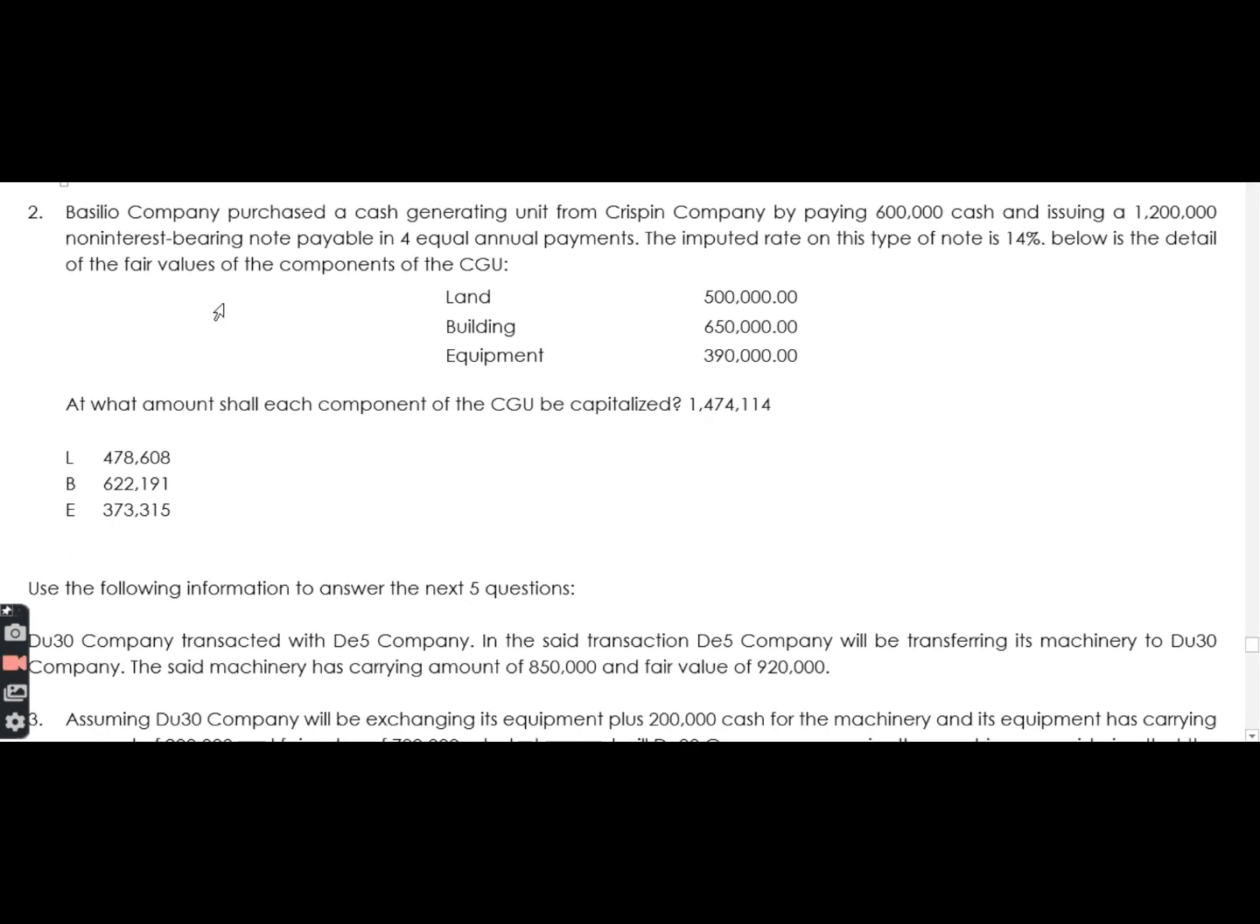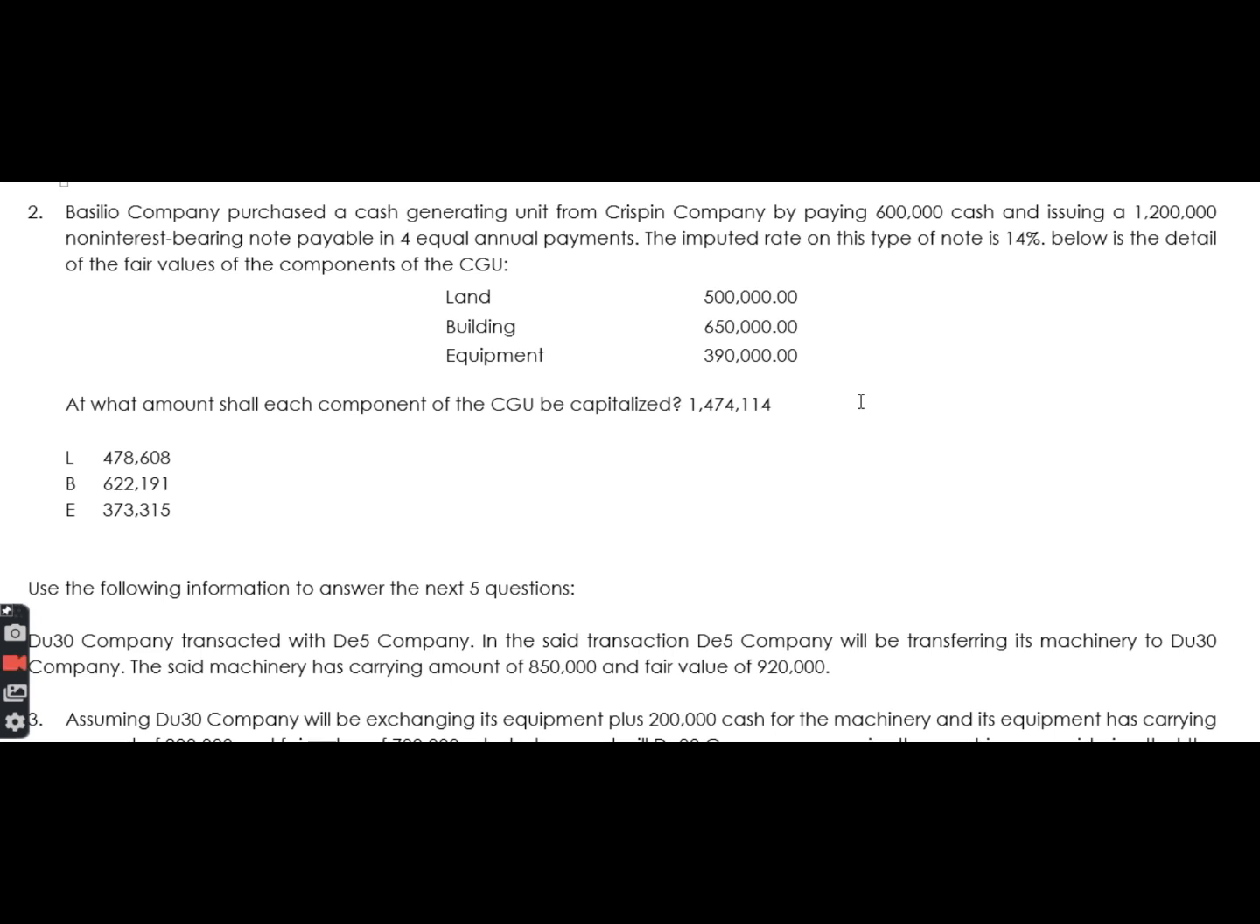Okay. Basilio Company purchased a cash generating unit from Crispin Company by paying 600,000 cash and issuing a 1,200,000 non-interest bearing note, okay, payable in 4 equal annual payments. The imputed interest rate for this type of note is 14%. Below is the detail of the fair values of the components of the cash generating unit. So ito yung basket price. Okay? So binili natin yung